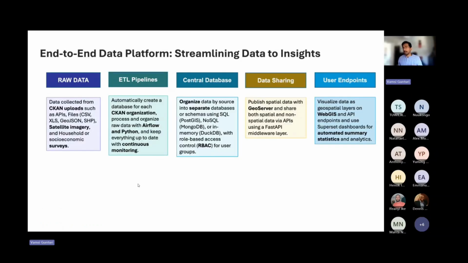So starting from raw data, once the data gets uploaded, using some of the ETL pipelines based on Airflow and Python, we take the data that is uploaded on CKAN and we run these pipelines in the background so that once the data is updated, it is reflected on the central database. And the central database is kind of super flexible. So we have support for PostGIS right now, but the workflows can be extended easily to other databases like